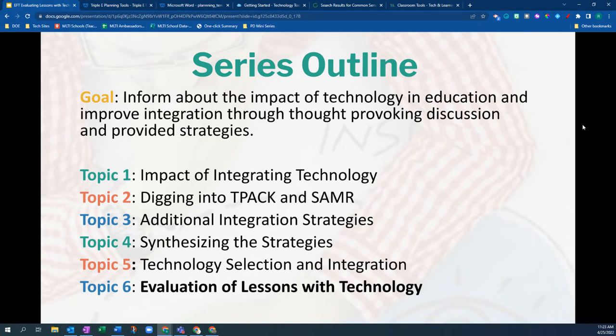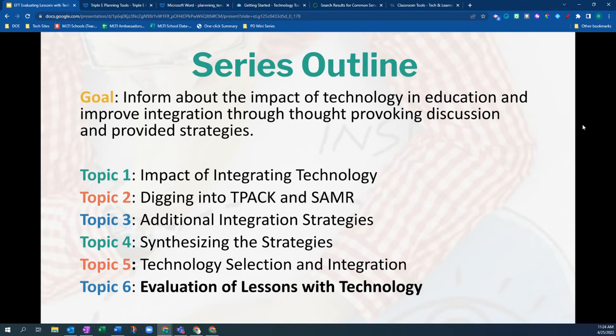This session was going to be looking at participants' lessons that they might have come up with, or examples that they wanted to bring to talk about or evaluate, and more of an interactive piece. So we're just going to pivot and show some resources here that can help you come up with ideas or resources for those lesson plans, in a little bit different way than what we've talked about in the